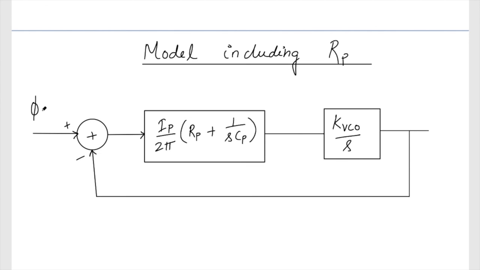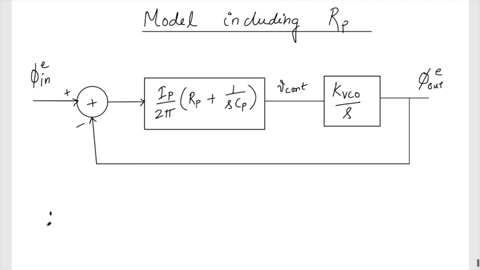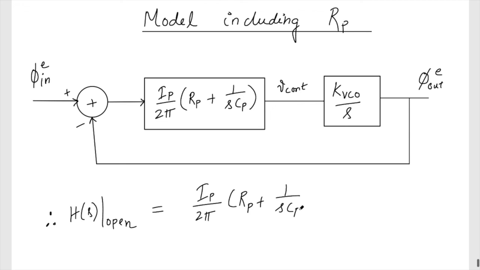So therefore the open loop is going to become this one, IP by 2 pi into RP plus 1 by SCP